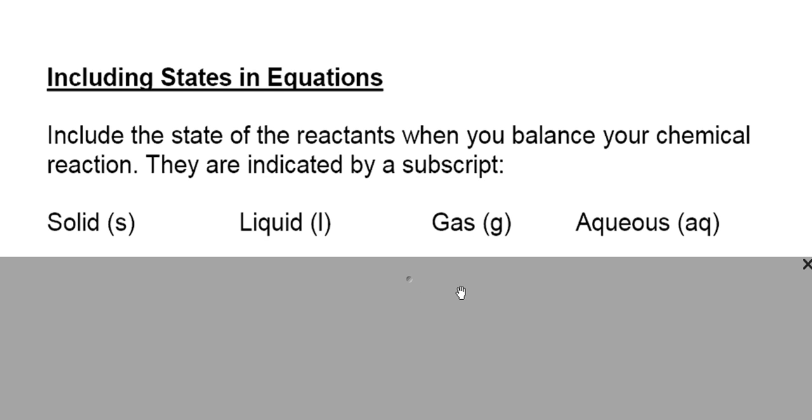Whenever possible, you want to include the state of the reactants when you balance your chemical reaction. There are 4 that you'll run into: solid, liquid, gas, and aqueous. To write the symbol for solid, it's just an S in brackets, L for liquid, and G for gas. These are all lowercase. Aqueous, if you remember, means it's dissolved